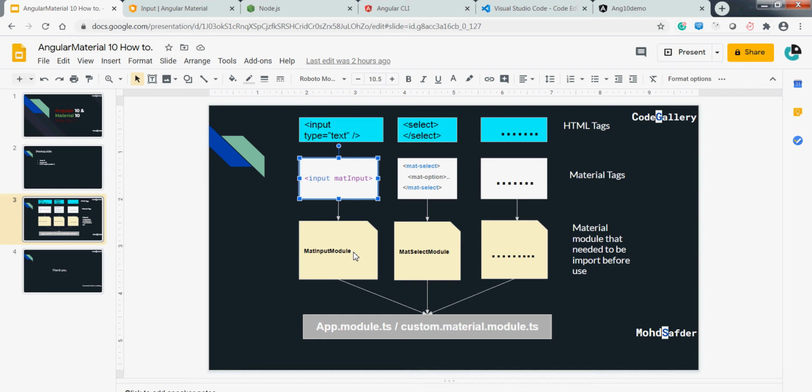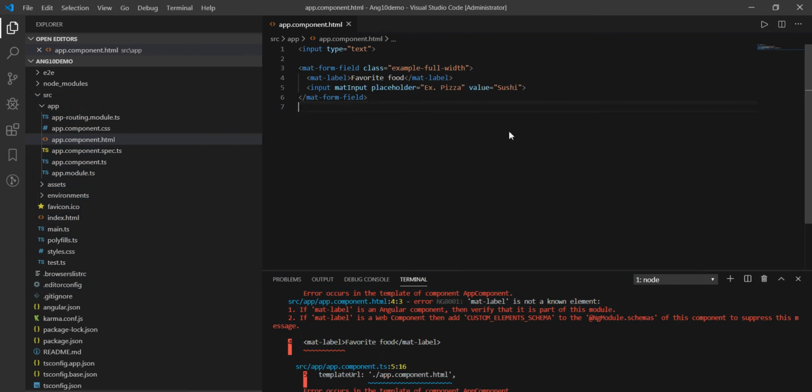You can see there is a MatInputModule that needs to be imported into our app module. So we need to follow this cycle every time. Anytime you are going to use a material tag, that respective module should be imported into our app.module file. I'm going to the app.module file right now.